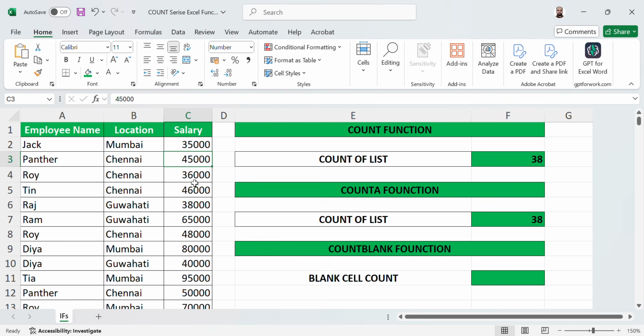In the COUNTA function you can use anything, like text, numbers and special characters, any non-empty cells.